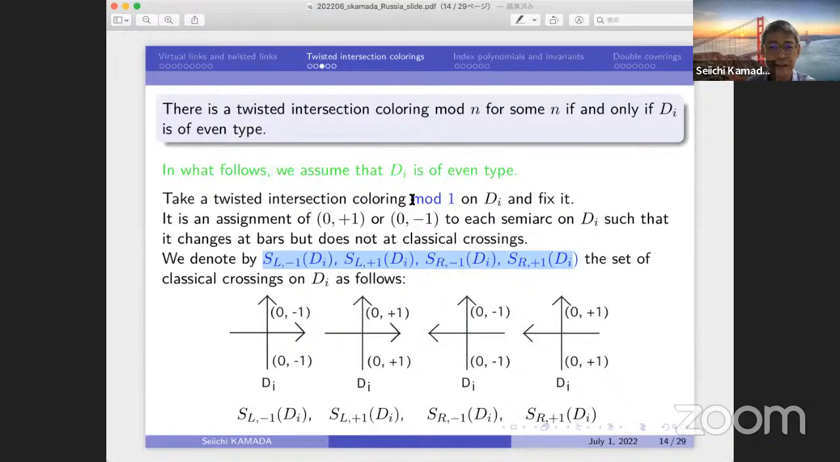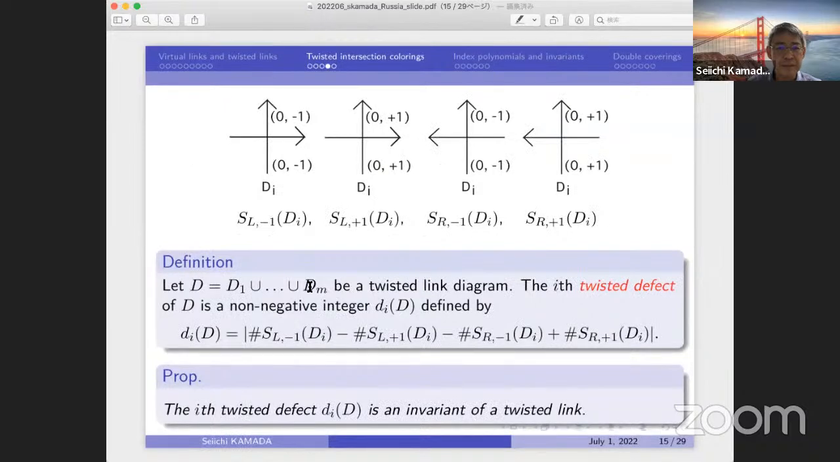This set depends on the coloring. If we change the coloring, plus and minus change, then these change. It depends on this coloring, but the number of these crossings... Okay, so D is defined by this: the number of crossings of this type minus the number of crossings of this type, minus the number of crossings of this type, and plus the number of this type, and take the absolute value. This number is a